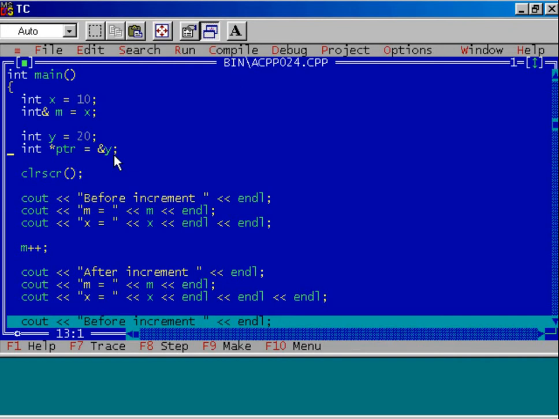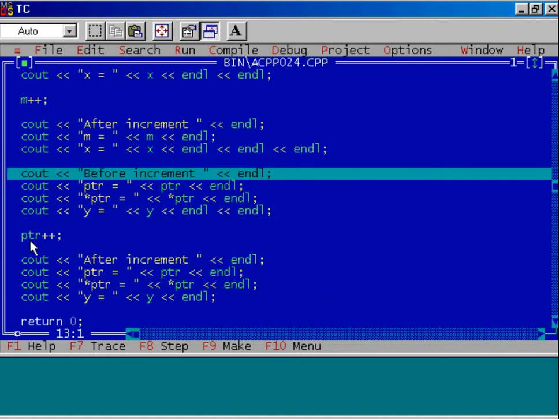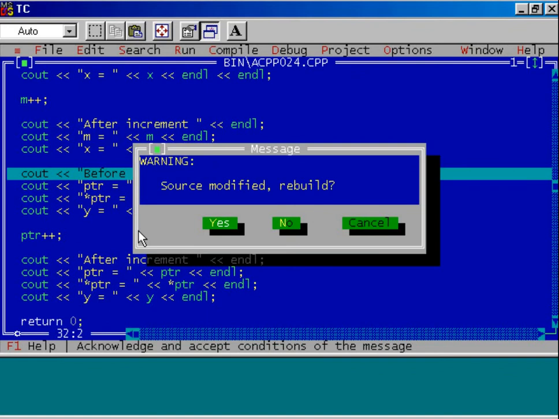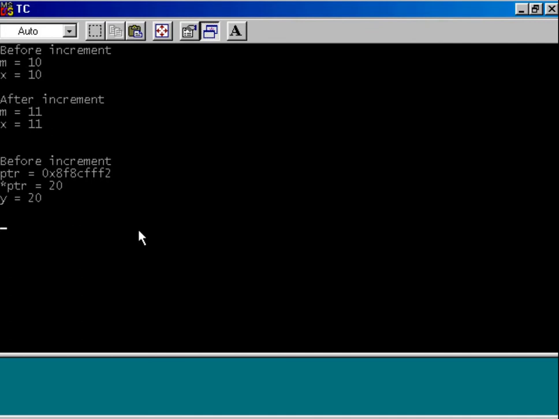Well, now this time what we'll do, we will increment the ptr variable and we'll see the effect. Okay, so before increment, let us see what happened. Press F4 key to execute the program up to this ptr++. See the output at DOS prompt.